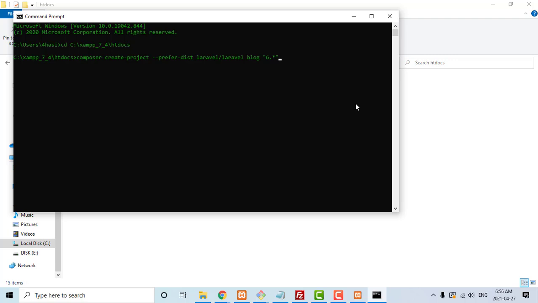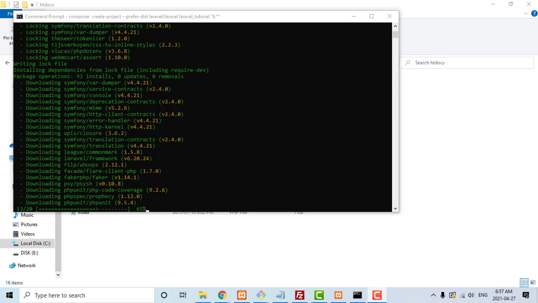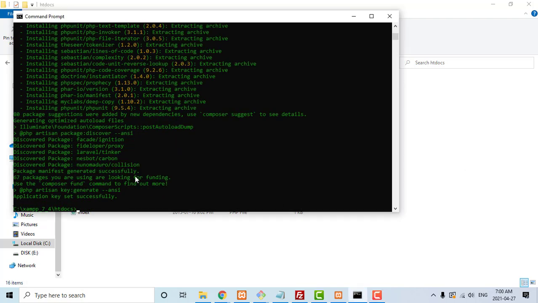I'm going to paste that path and type the name of the project and hit enter. After successfully installing,